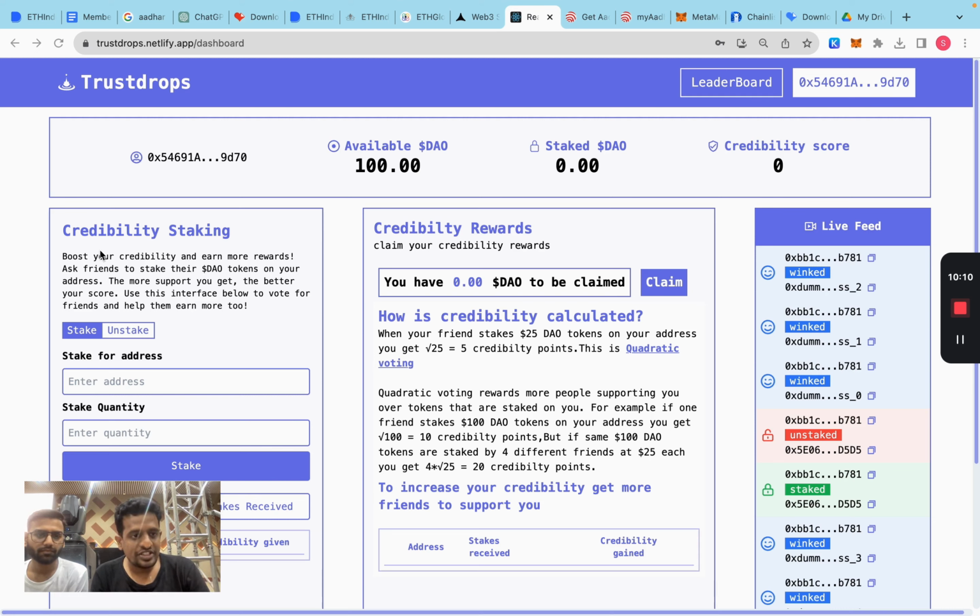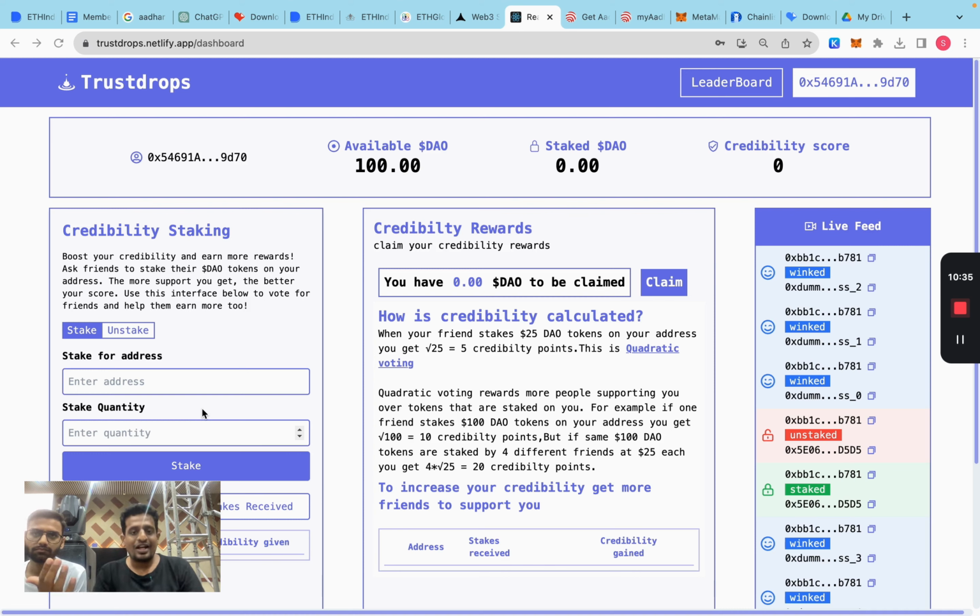So this says credibility staking: boost your credibility and earn more rewards. Ask friends to stake their DAO tokens on your address. The more support you get, the better your vote score. So essentially you have to request your friends to vote on you to get credibility points. That's like a replica of real world credibility in some sense. You're asking your friends to recommend you, but with a real stake, with a token stake on you, right? So that way you get credibility points, and whatever tokens you have, you can also give these votes